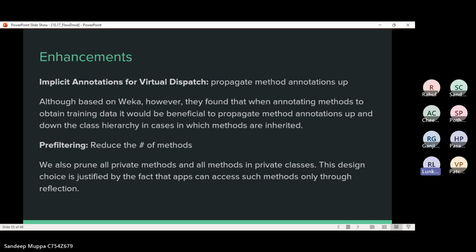They found that when these methods were being annotated to obtain this training data, it was beneficial to propagate method annotations, high and low, and the class hierarchy in these cases, which were actually inherited. The other enhancement was pre-filtering. Here, it was justified by the fact that the apps can access methods only through reflection.